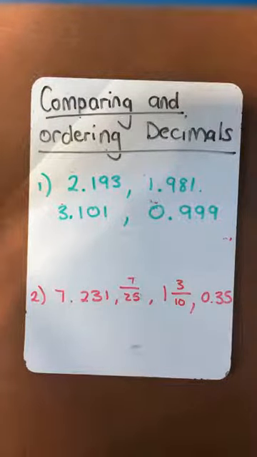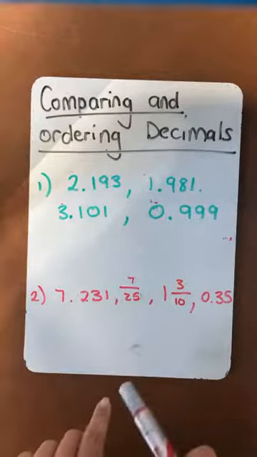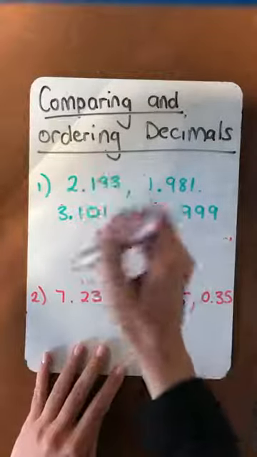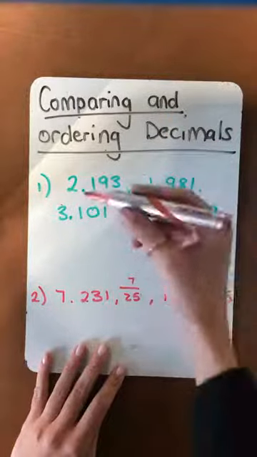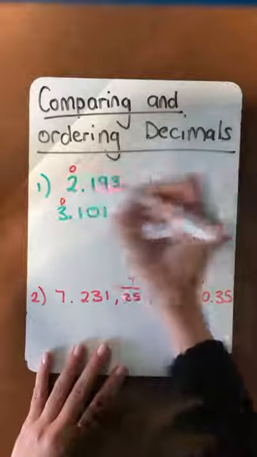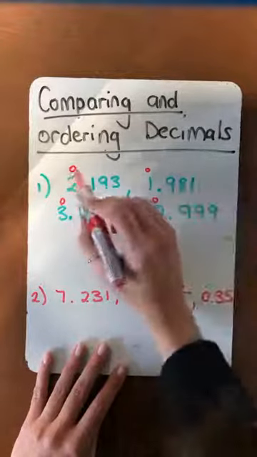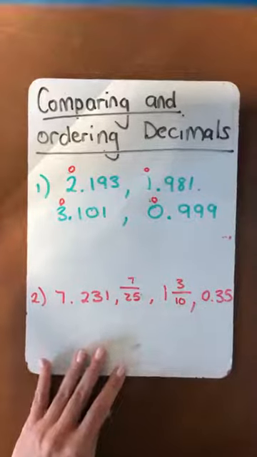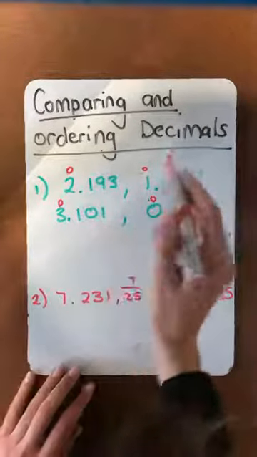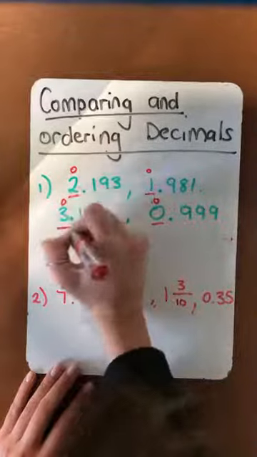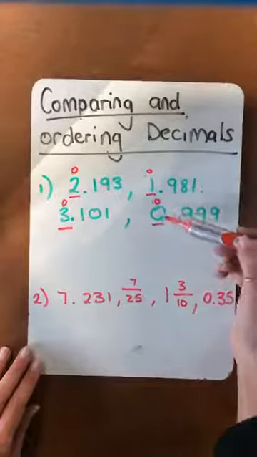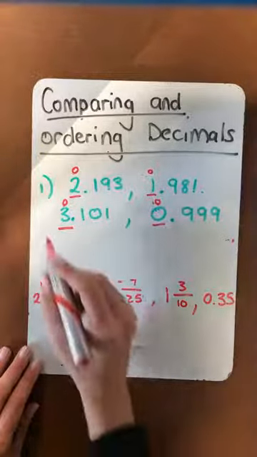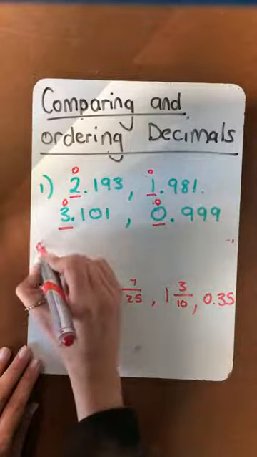As you've seen in the previous video on ordering, you always start with the number in the largest place value. So in these examples, we are going to start with the number in the ones column in each of them, because the ones column is the biggest one. Tenths is smaller, hundredths is even smaller, and thousandths is the smallest. So we're going to look at the numbers that are in the ones place and look for the smallest one first. So I have 0, 1, 2, and 3. 0 I can see is the smallest, so that means that this decimal is the smallest decimal,